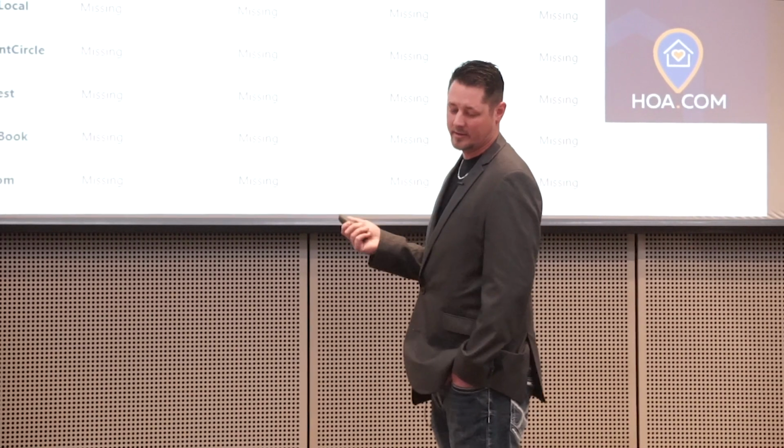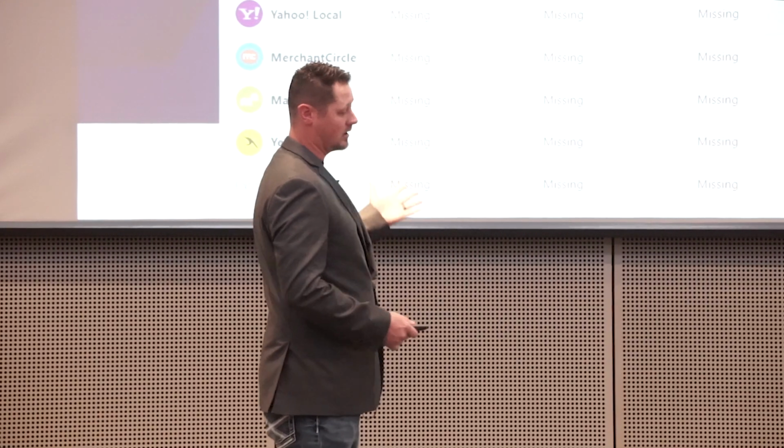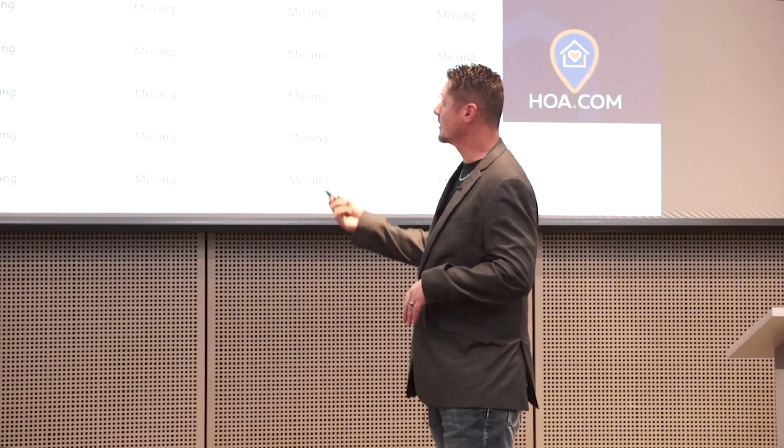Cool. Directory listings. Talk quickly on this. We at HOA.com do a business snapshot report. They're free. This is an example of a ton of, I think there's like 55 plus of local directories. So if you do have a local business, request a snapshot from me. We'll be on a Zoom call. It'll be a little bit different because you'll only see about this much of me. But if you're not listed here,